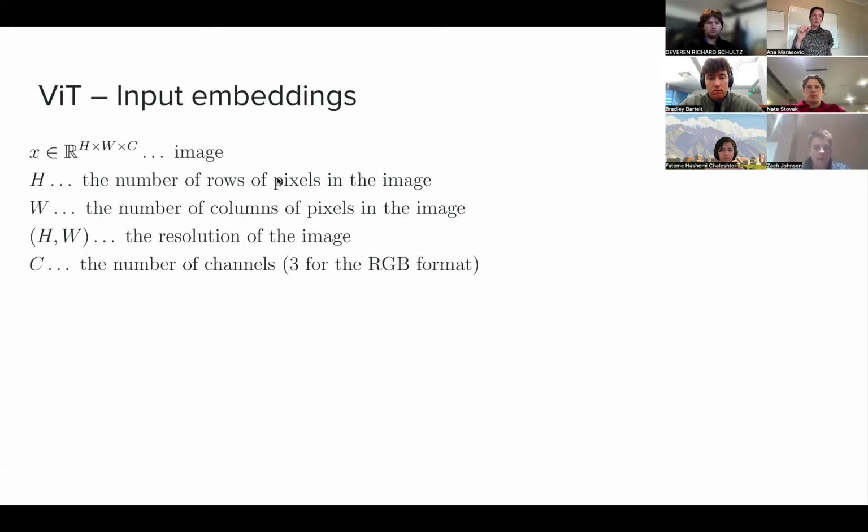So H denotes how many rows there are, and you can think about this as the height of the image. And then W refers to the number of columns of pixels in the image, which refers to the width, which is a common way how we denote the resolution of images. H by W is the standard way of writing the resolution of images. And then we have this third